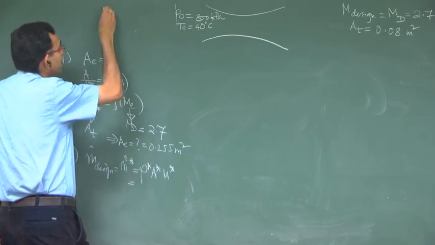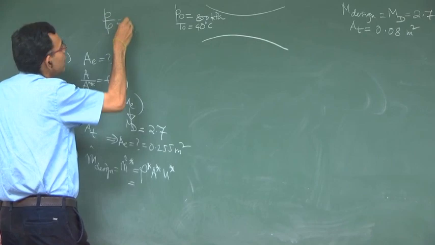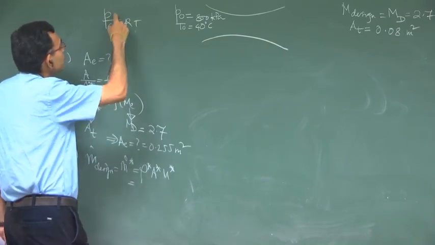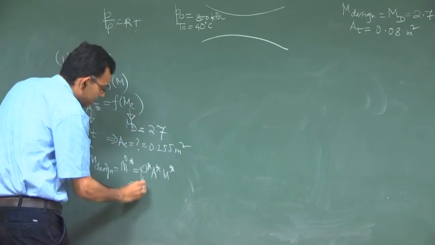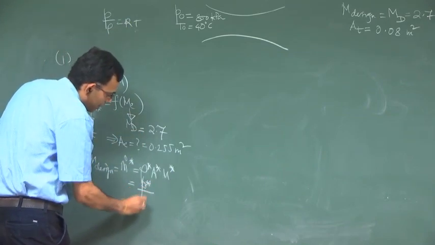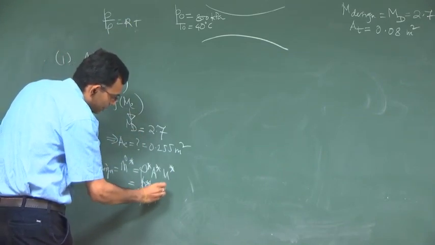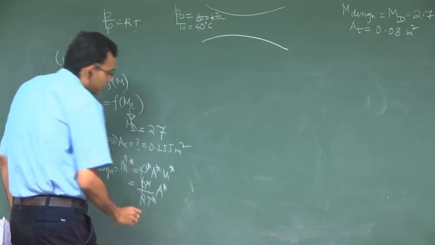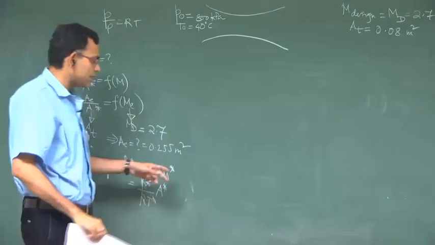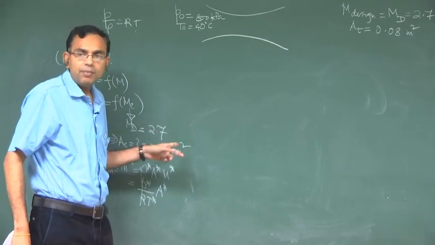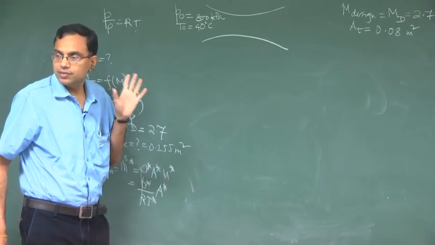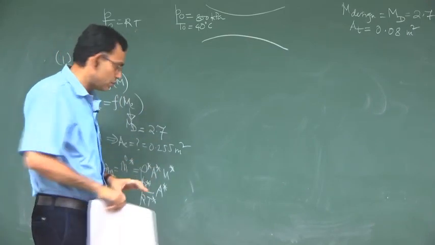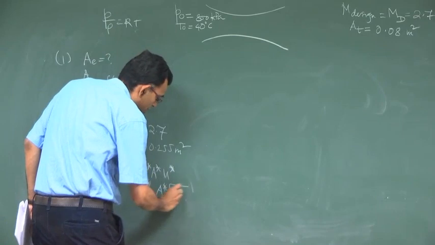So, you can write, P by rho is equal to RT, right. So, rho is equal to P by RT. So, P star by RT star, then A star, U star, U is equal to what? The Mach number times root over gamma RT. Star condition means Mach number equal to 1. So, this is square root of